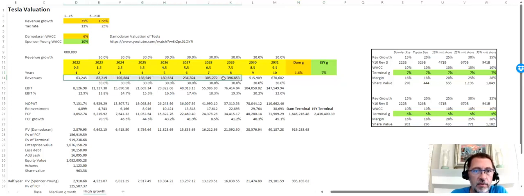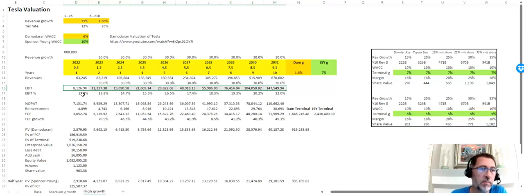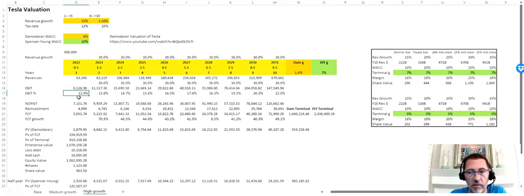So let's grow the revenues at 30%. Let's assume that they can grow at that rate. We can get an EBIT, operating profit, if you want, and you can see the operating profit margin is going from current margins of 12.9% all the way up to 22% by year 10. So that's implying that there are more efficiencies that come with growth.